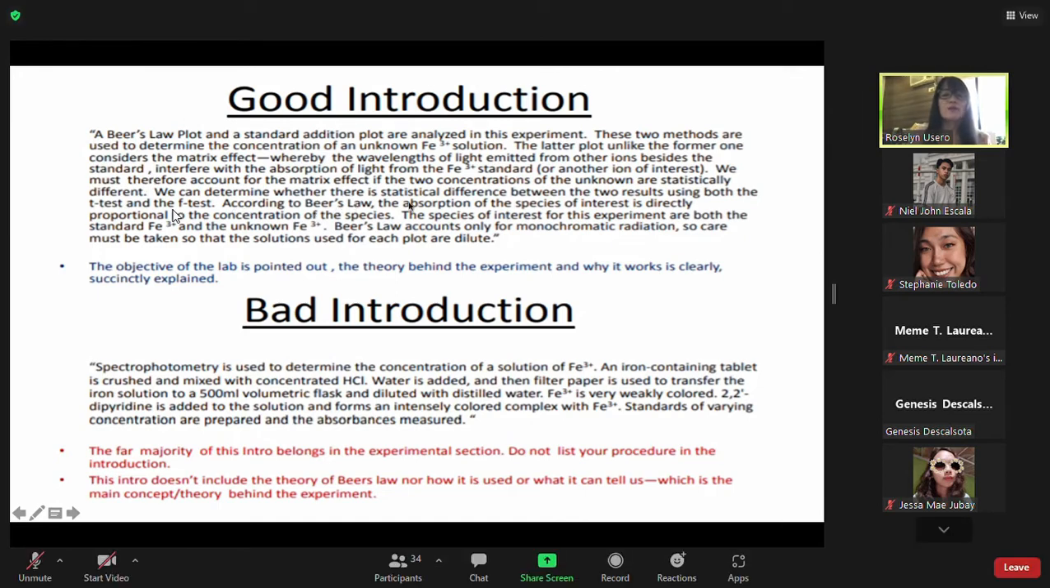Okay, next, according to Beer's law, the absorption of the species of interest is directly proportional to the concentration of the species and so forth. So the objective of the lab is pointed out. The theory behind